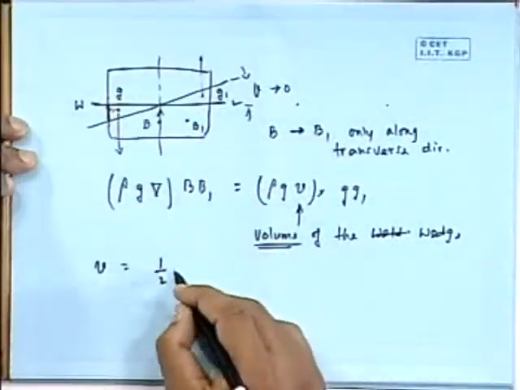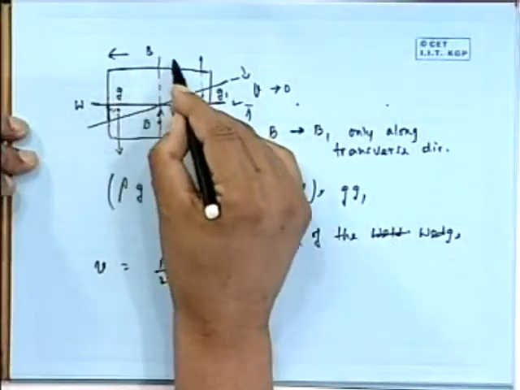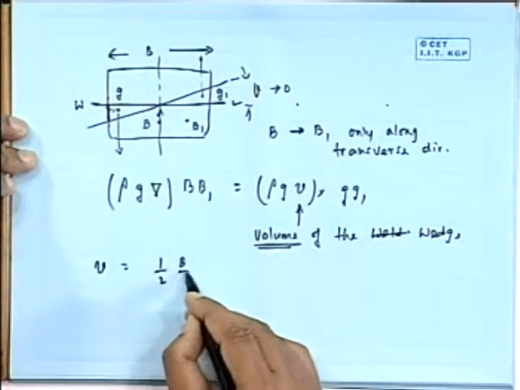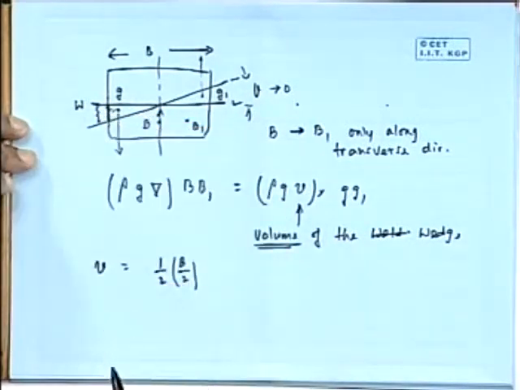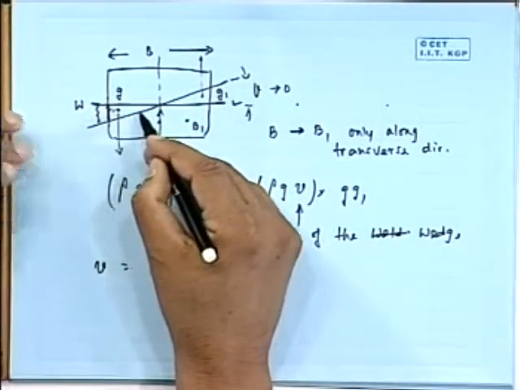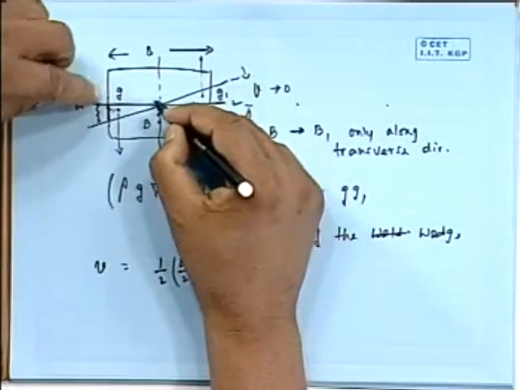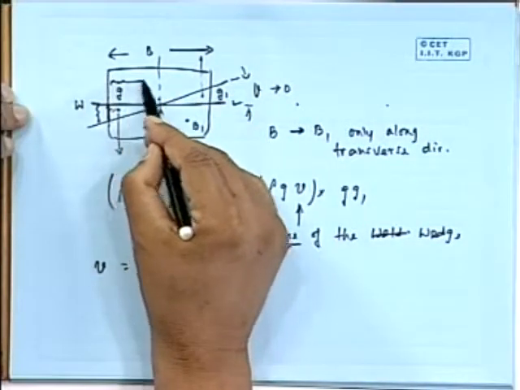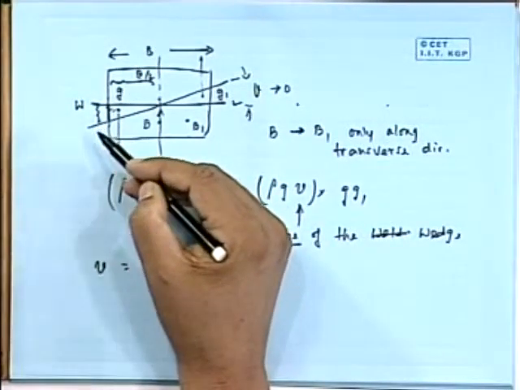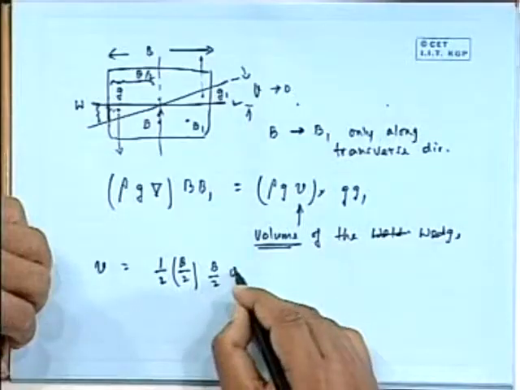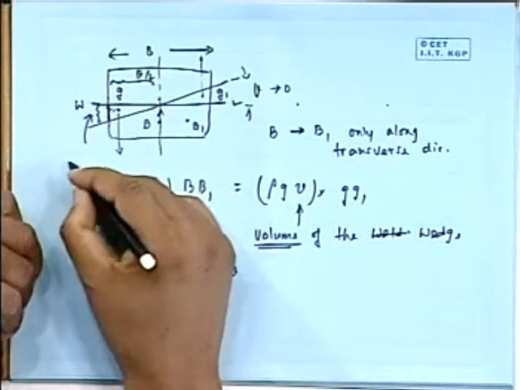So it is half of base into height. Base is this much. I can call this small b, or let me call this b here. So half of b by 2. B by 2 is this thing. And how much is this? This much is b by 2 into tan theta. This is b by 2, and this is theta. So this is b by 2 tan theta, but tan theta is equal to theta because theta is very small. So it is b by 2 theta,